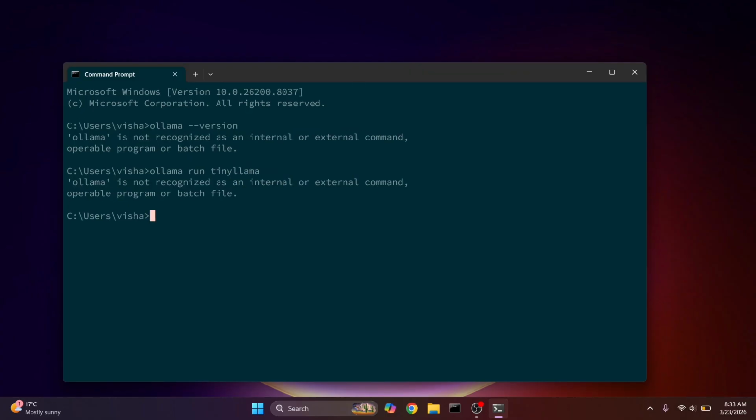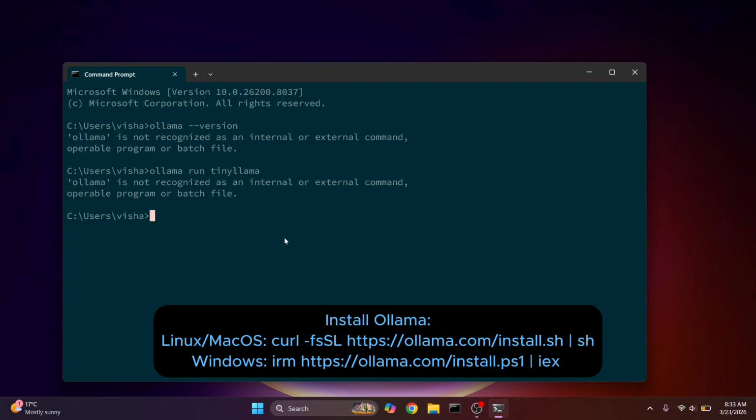Before fixing, let's see some possible causes. The first thing is that you might not have Ollama installed. If you don't have Ollama installed, it will not run. So the first fix can be to just try to install Ollama. You can see the command on the screen right now, and you just run this command to install Ollama